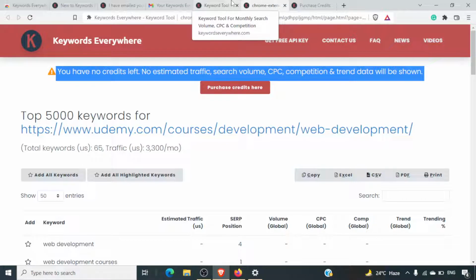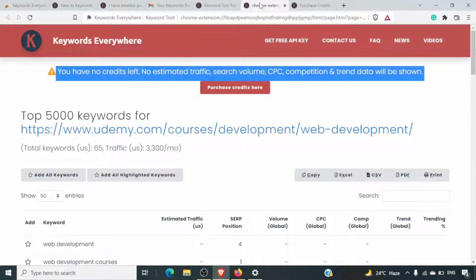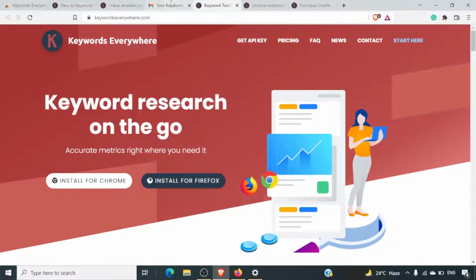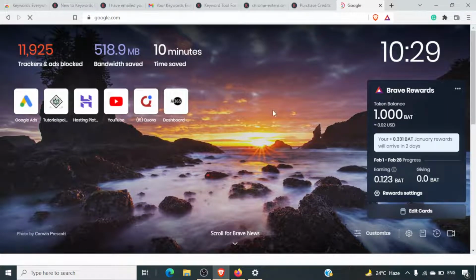Now, let's say if you don't want to buy the credits, by the way, credits are really cheap. It's like $10 per query, not a very big amount to be paid. But let's say in case you don't want to buy it, like you are not going to use it so regularly, because most of the time, if you have a couple of websites to do SEO for, you get the keywords and then you start the SEO process. So you don't have to really find the keywords every now and then. So in that case, what you can do is you can export the keywords which are suggested by this specific tool. So let me just show that again on Google, and you can just export it,